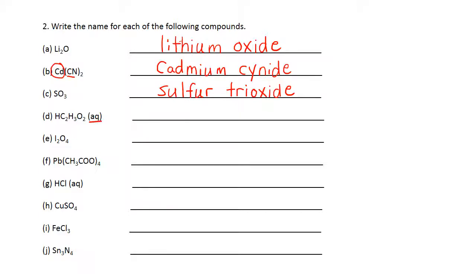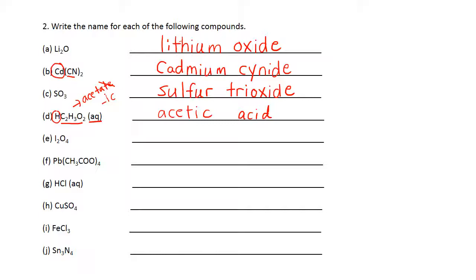Next one looks like have AQ and start with H, which means it's going to be what? Acid. So it's going to be something acid. Because this one is acetate, and that's in the polyatomic ion, I know I have to call it acetic acid. You drop the ending, ate is going to be ic, ide is going to be us. Okay, so acetic acid.